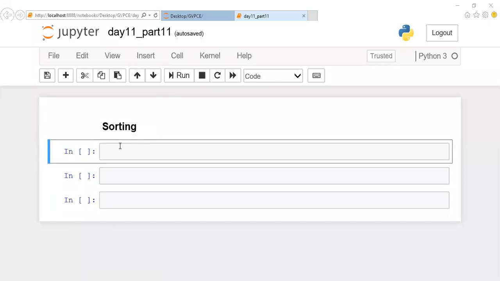Today we are going to see sorting techniques. Yesterday we have seen searching, what are the types of searching, how to implement each and every searching, and what is the time complexity required for searching. The same way, now we are going to see sorting. So when I say sorting, what does it mean? What is the meaning of sorting, guys?